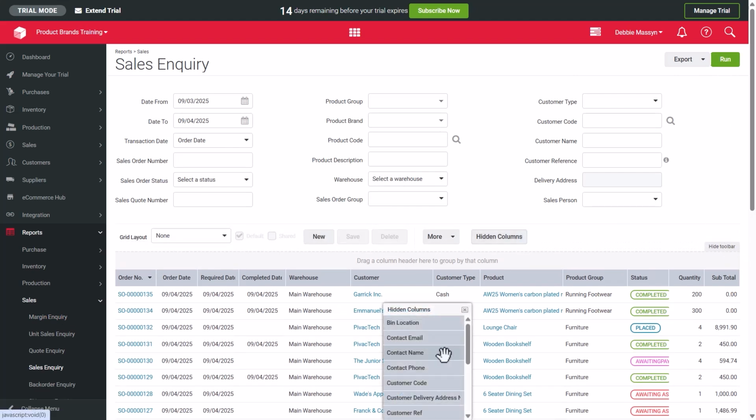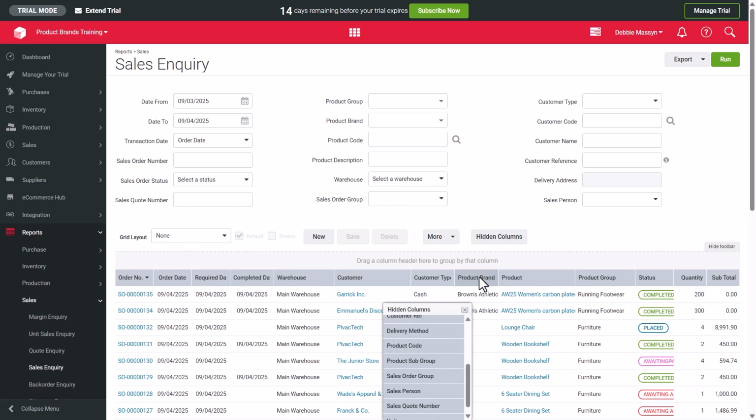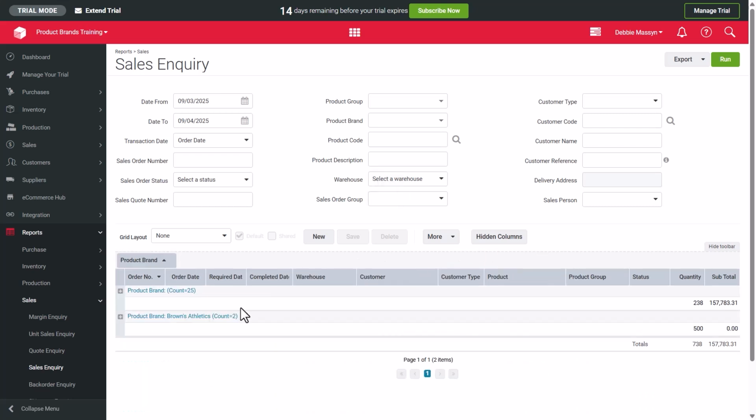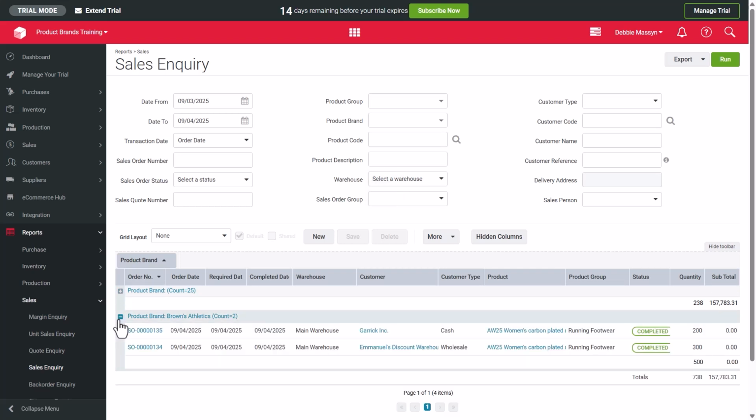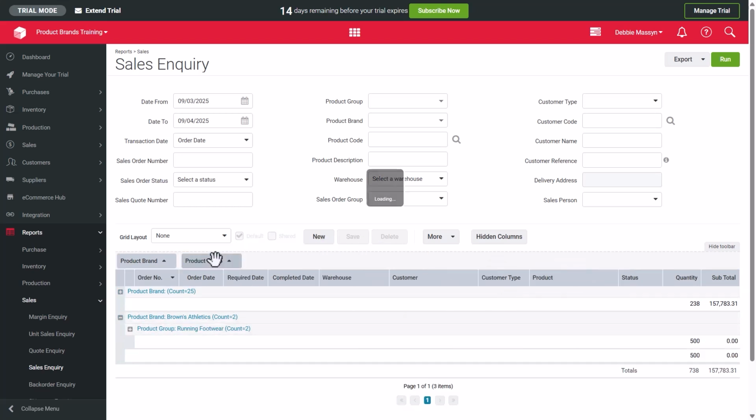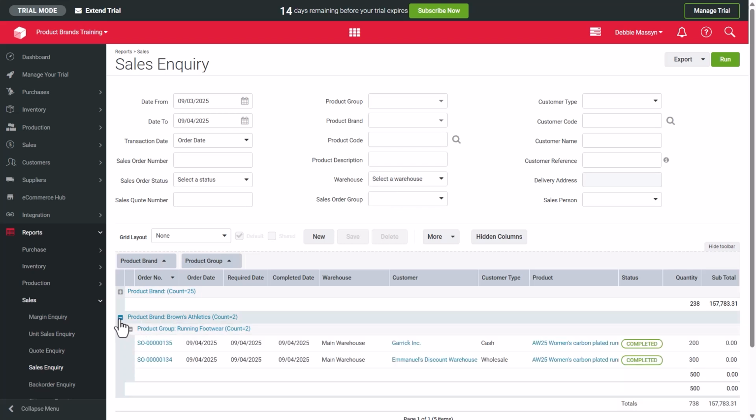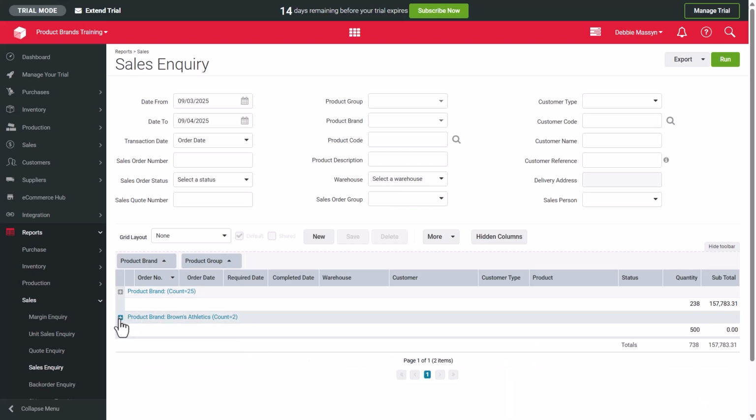Ever wondered, what's the most profitable brand in this particular range of products? Well, by cross-filtering your product brands with your product groups, you can capture a higher level of detail when analysing your inventory health. Using product brands, you can optimise stock levels, improve decision-making for pricing, marketing, and supplier negotiations across